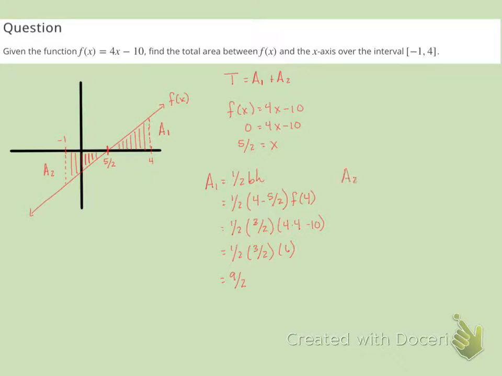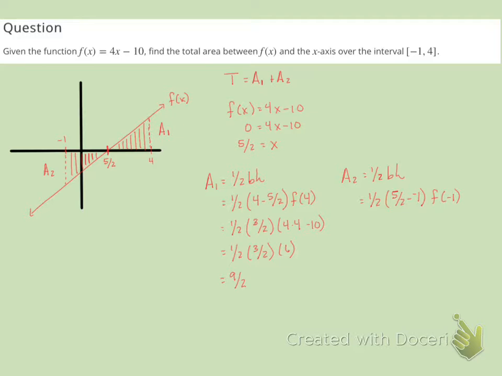The second area is going to work very similarly. We're going to use the same formula, 1/2 base times height. The base now is going to be the distance between 5/2 and -1. So I'm going to take 5/2 minus -1. And then we're going to evaluate the function at